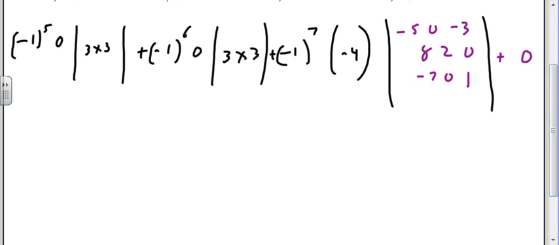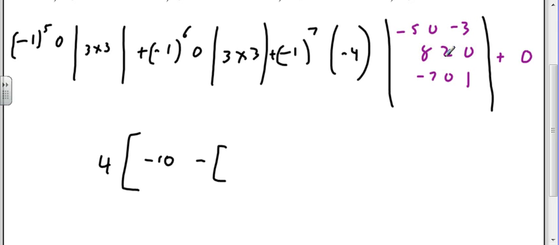So the only thing I have left, minus 1 to the 7th gives me 7 negative signs, plus another negative sign makes it even, so I'm going to have 4 times minus 10, 0, 0, minus, going the other way,